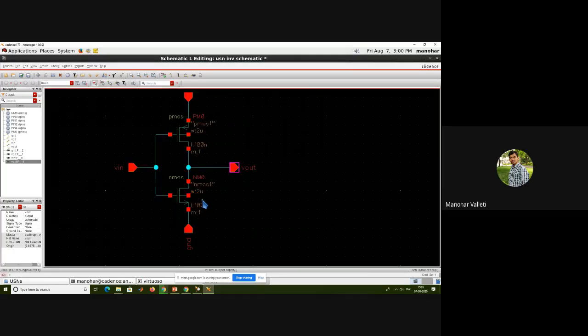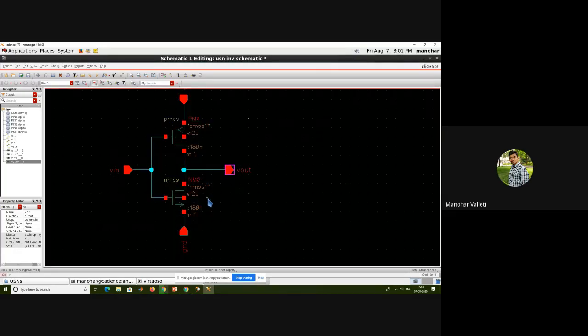This is your circuit, right? Are any connections still pending? Anybody have any guesses? The substrate is still there, right? I didn't connect the substrate. You just see, this is the NMOS substrate. Where do I need to connect it? I need to connect it to ground.